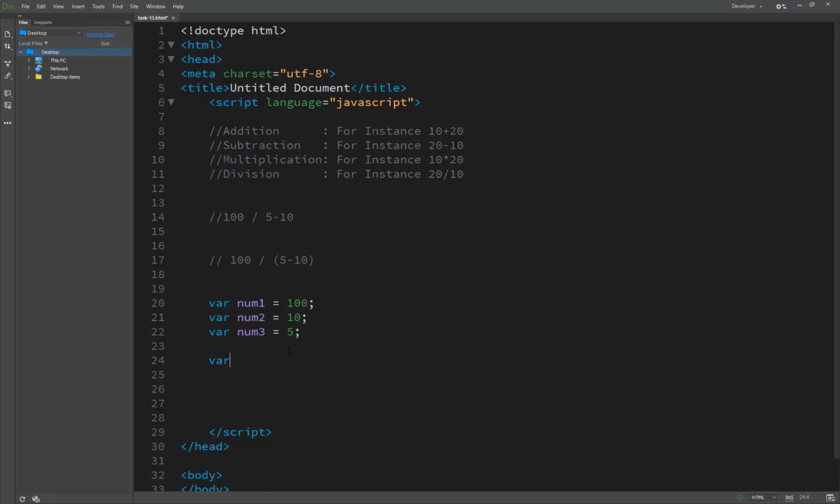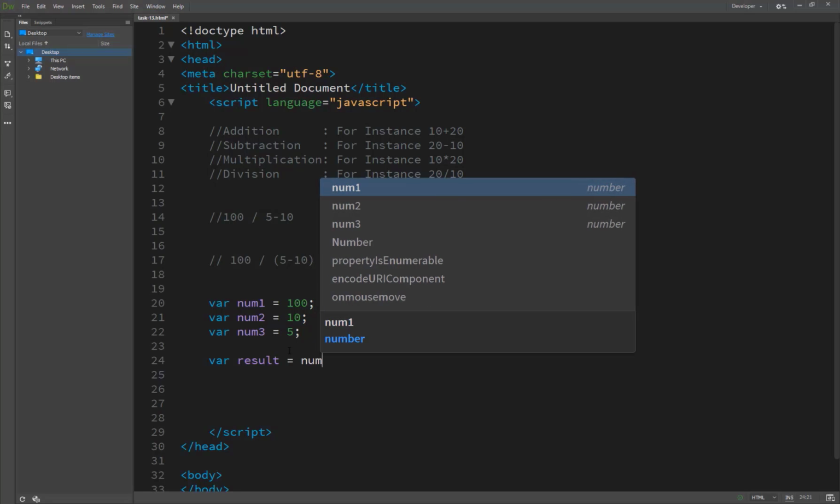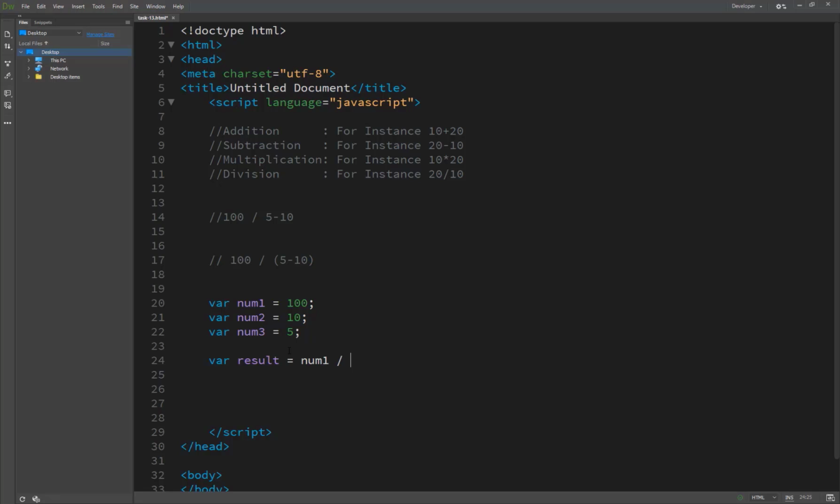So we create another variable called result is equal to number1 divide number3. Because inside number3 we assigned a value of 5, minus number2. And now you see the results.